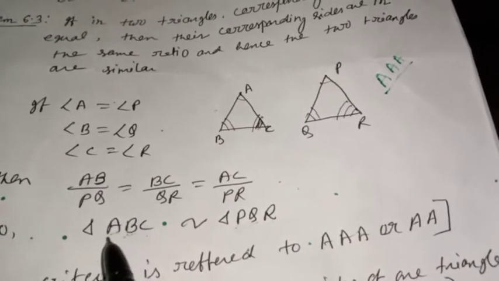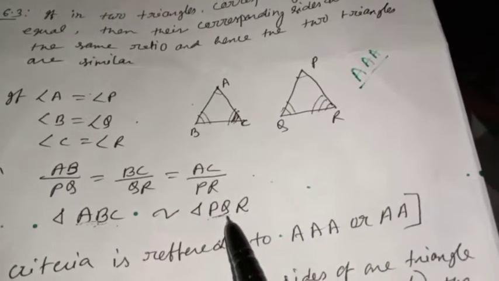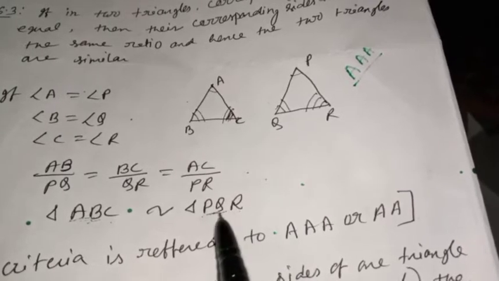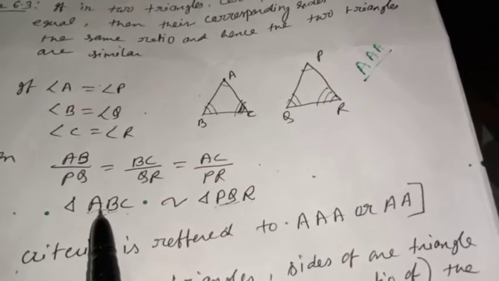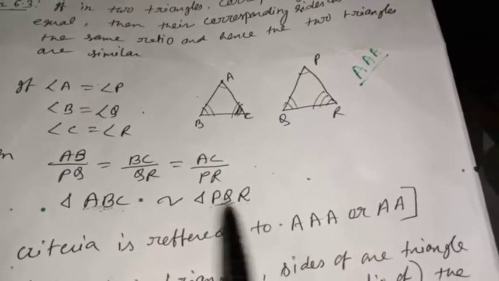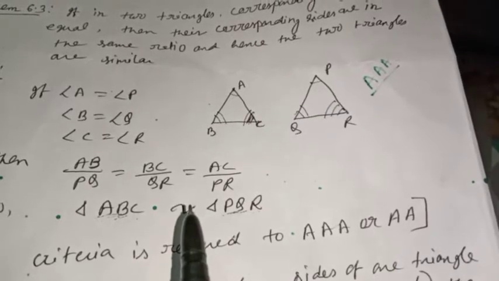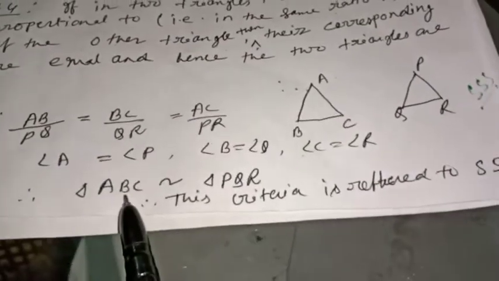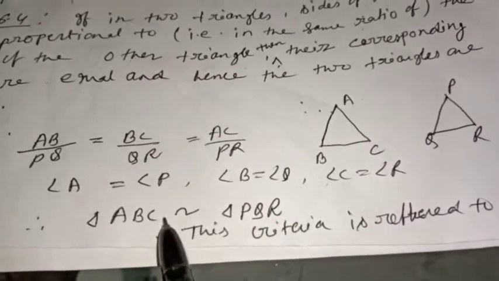Or also you can check the sides. AB, then PQ, BC, then what? QR. You can see the same place or not? Or AC, PR. Try to understand this. AB, PQ, BC, QR, and AC, PR. Like this, it should be written in the symbolic form. This one also you can say. See AB, PQ, BC, QR, AC, PR, and also angles, angle A, angle P, angle B, angle Q, and angle C, angle R. And this symbol